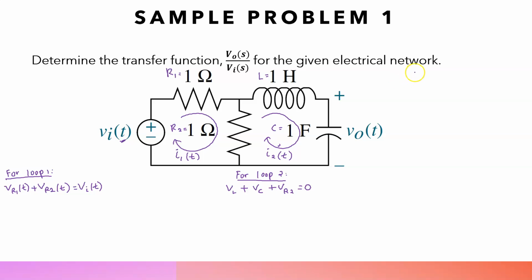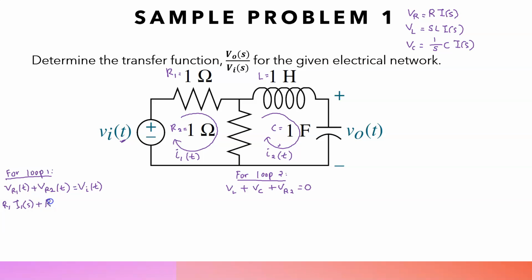If you still remember in the video where I discussed modeling of electrical circuits: for a resistor, the Laplace transform of the voltage is the resistance multiplied by current. For an inductor, VL is sL multiplied by the current in the s domain. For a capacitor, it is 1 over sC multiplied by current. If I substitute here, VR1 will be R1 multiplied by I1(s) plus